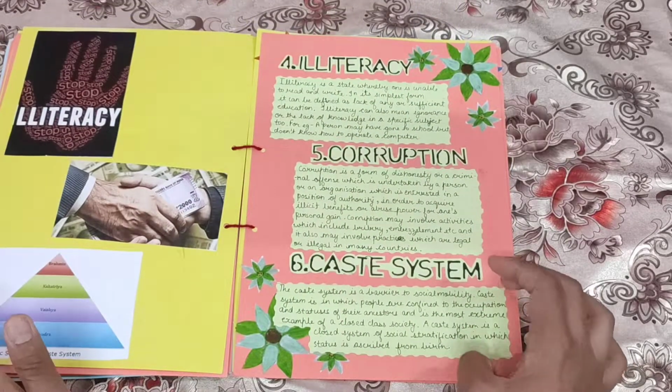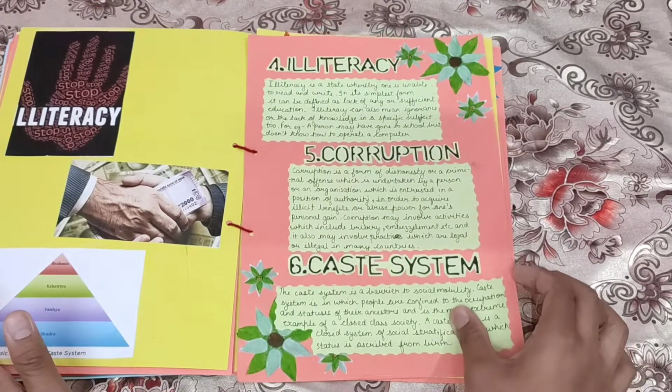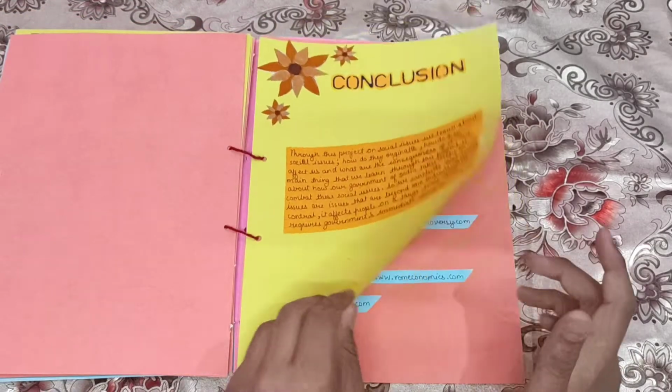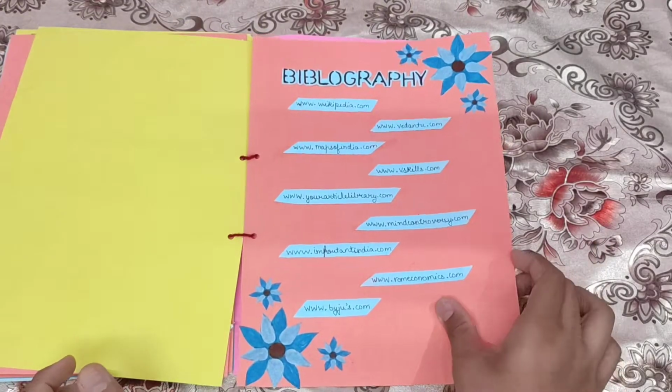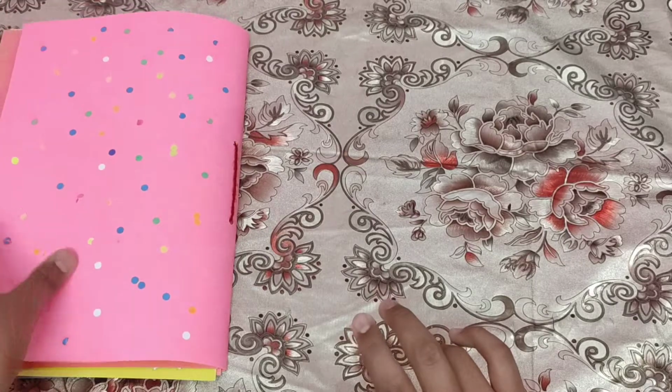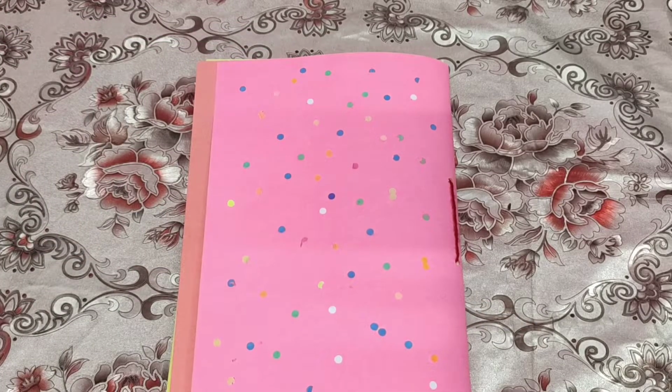Then are the other 3 topics, illiteracy, corruption and caste system. Then comes the conclusion, and in the last is the bibliography. With this our project ends, and now I would like to tell you the 2 ways to make this project